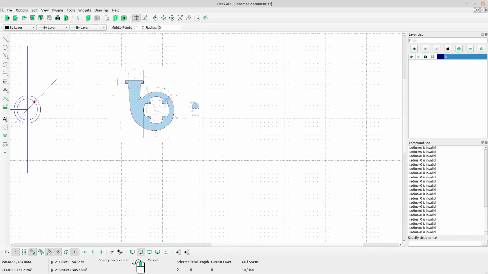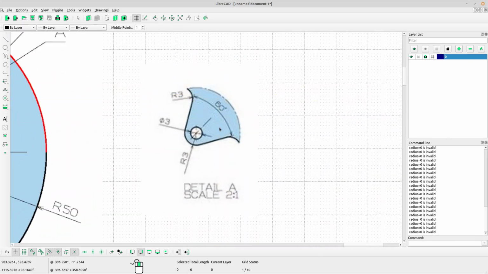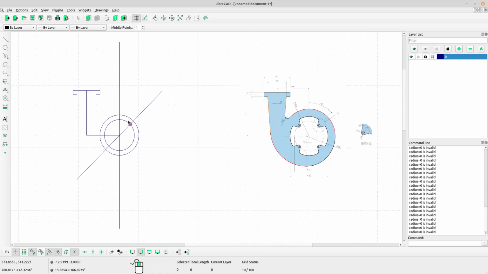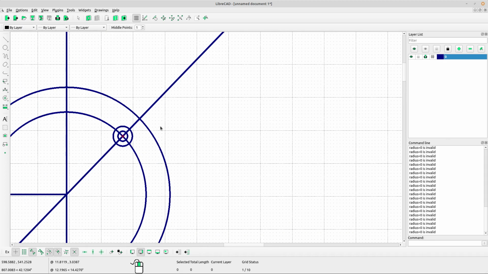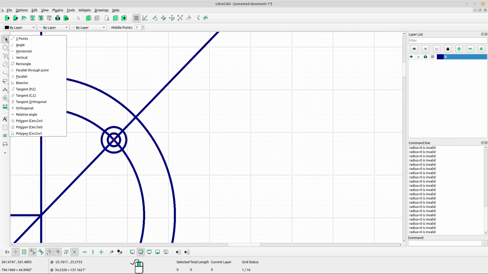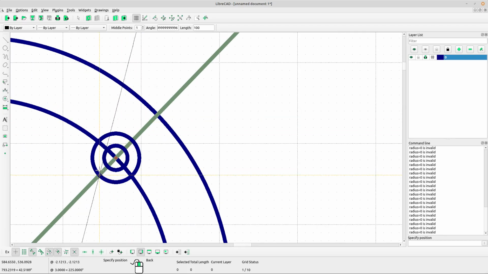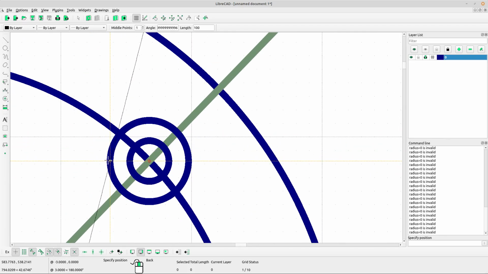Okay, next we got a line with angle 60 degree. Okay, no problem. Okay, we will use our relative angle. Type the angle 60 divided by 2 and type the length 100. Okay, left click at the line. Okay, put the line, okay, maybe there,